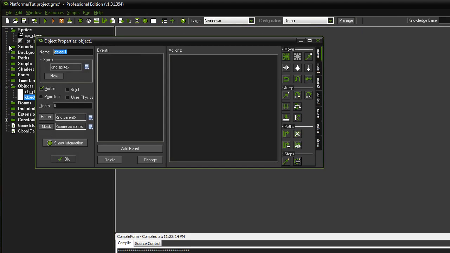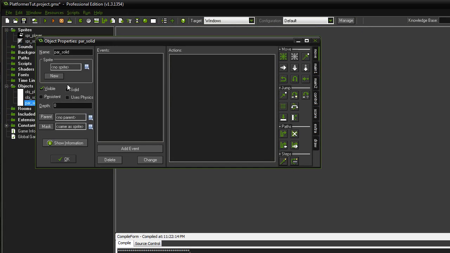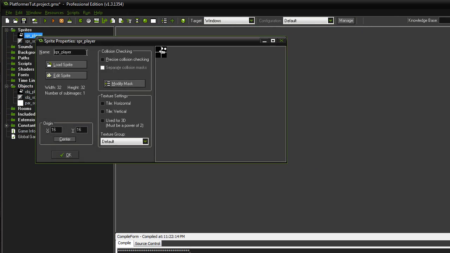Make that an object as well, obj_solid. Now make sure to tick solid. Now make another object called par_solid, which is our parent object. And with this we don't have to do anything. It's just so whenever we collide with something that's parented to that, we don't have to set up a separate collision every time. Alright, we assign that sprite and our player sprite,